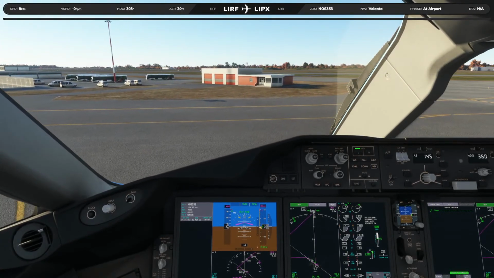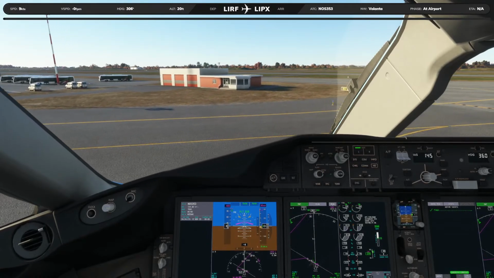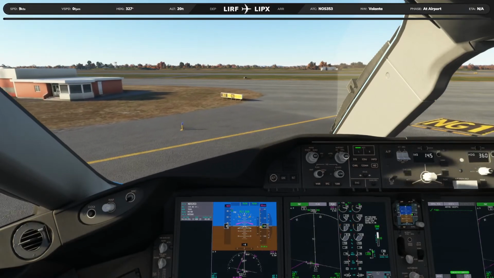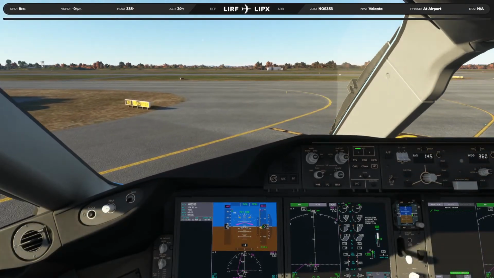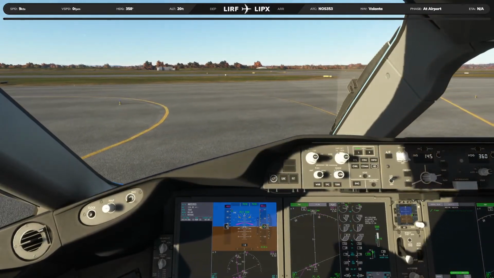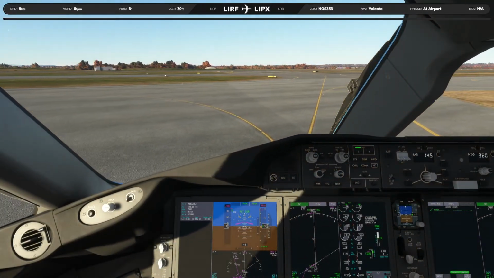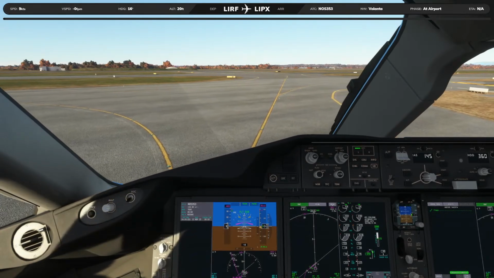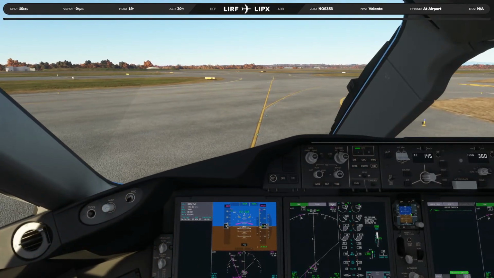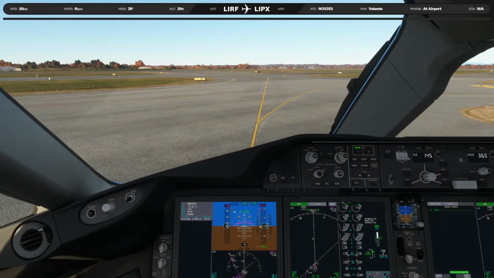So the development community for both X-Plane and MSFS has thrived in recent years. And without a doubt, the developers of freeware add-ons deserve all the love that we can give them and all the support that they can receive from the content creators.